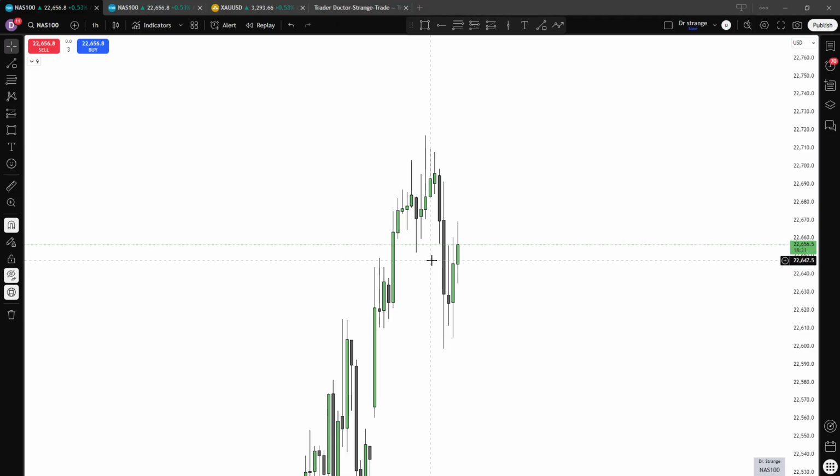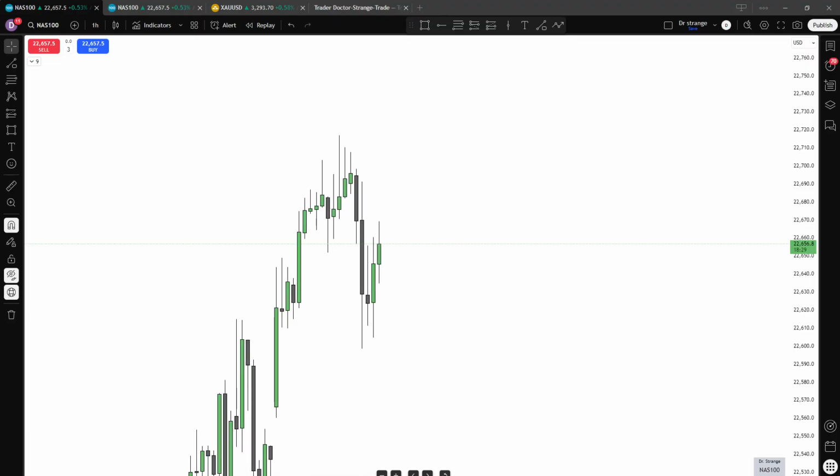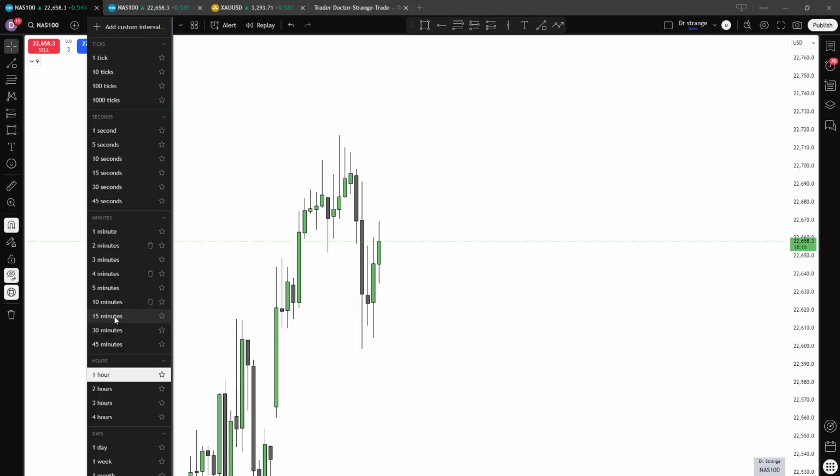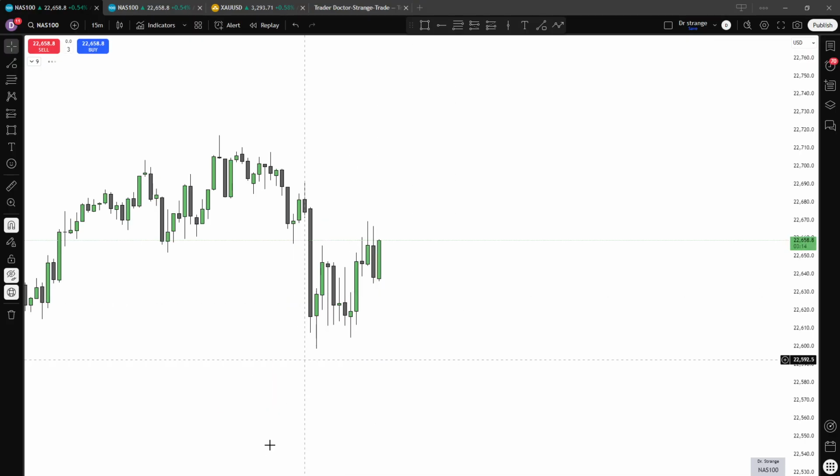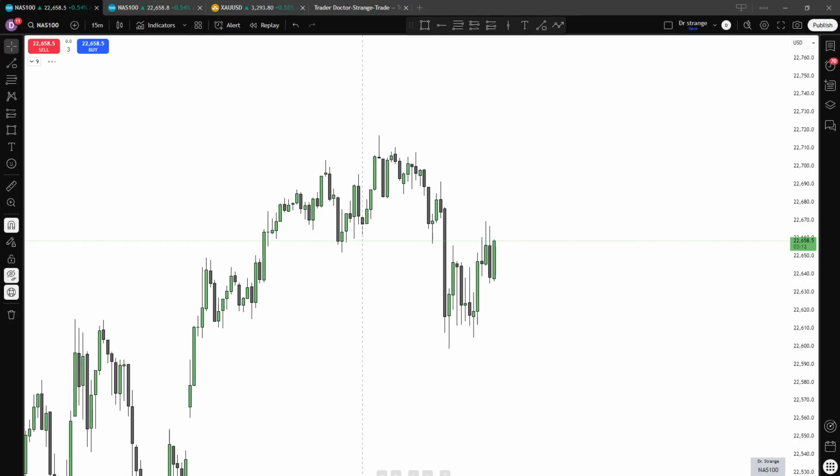And we have a market structure shift. Even on the higher time frame, once we have a higher market structure shift, wait for the first short-term low, wait for the second short-term low, then it will retrace. So this short-term low will create another short-term low if we are still bearish. But let's go to the M15 time frame. On the M15 time frame, when you follow market structure, high, low, when we broke this low, price put in a short-term low and a second short-term low.